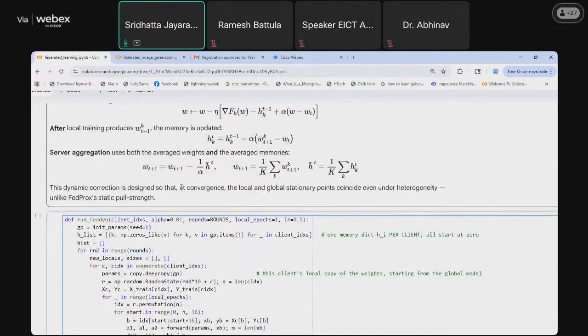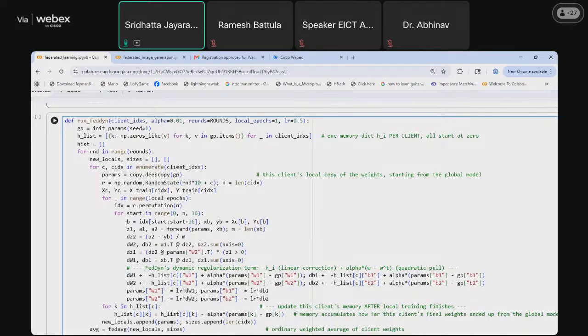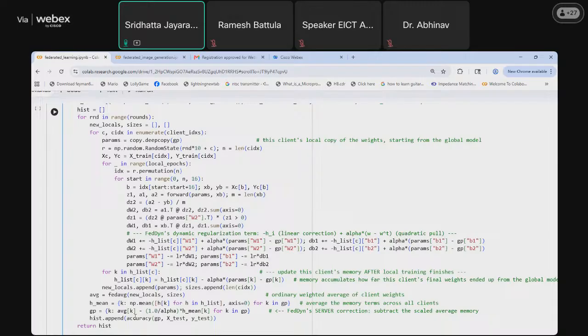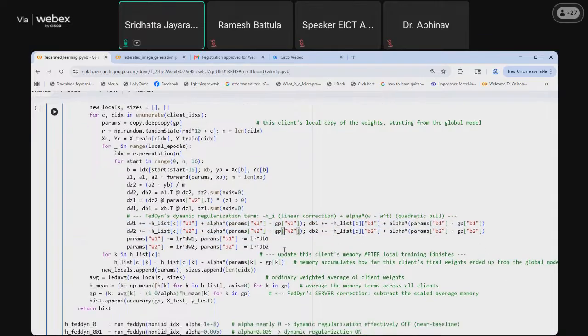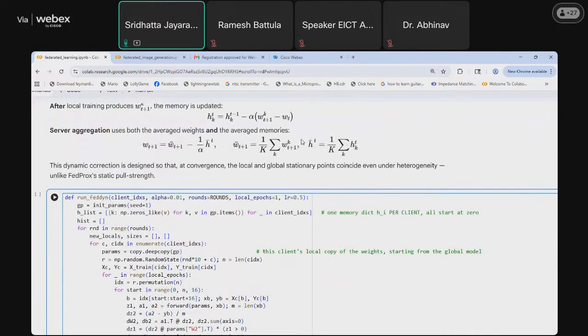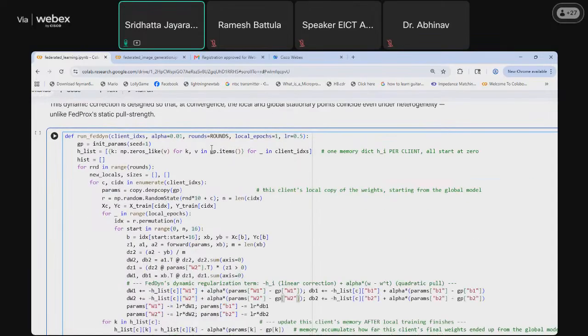So this was being applied in the rounds of the federated learning, in the part where the weight updation is done, and the alpha value is the hyperparameter here, as there is an updation of the memory vector as well.